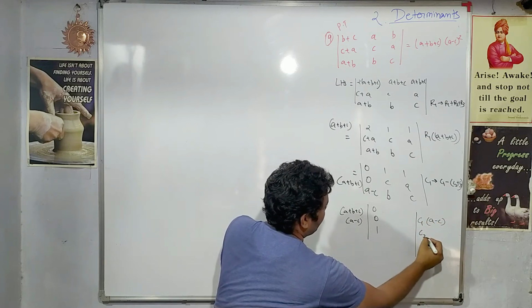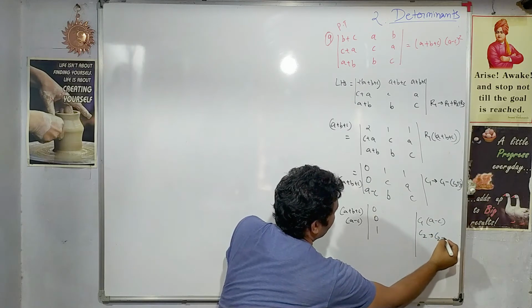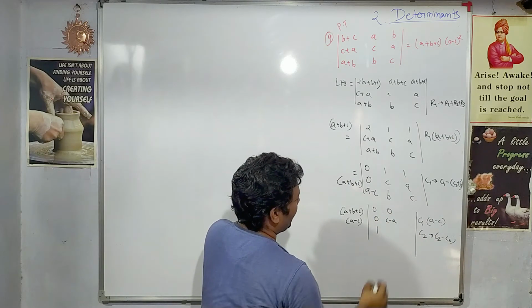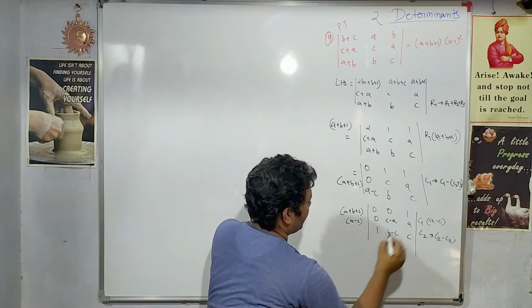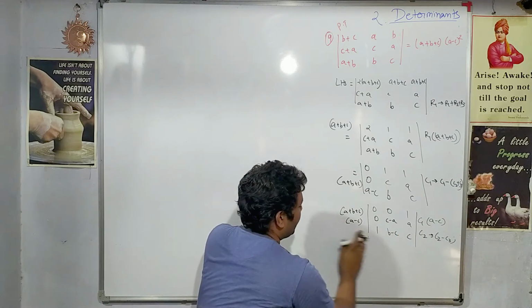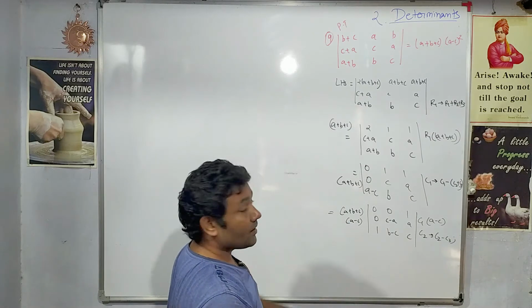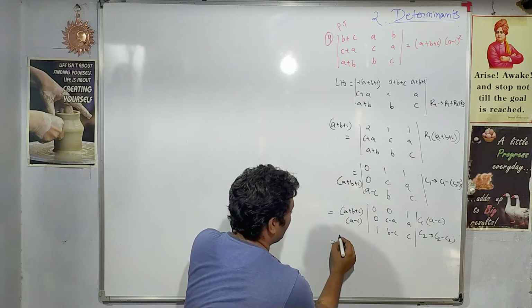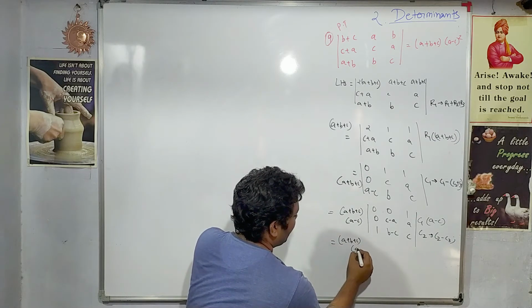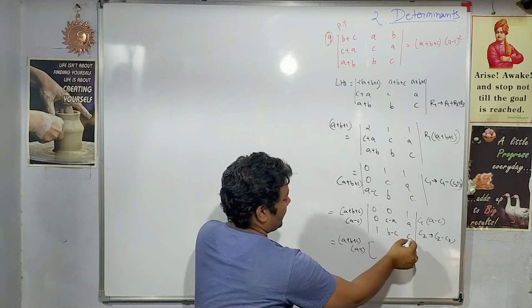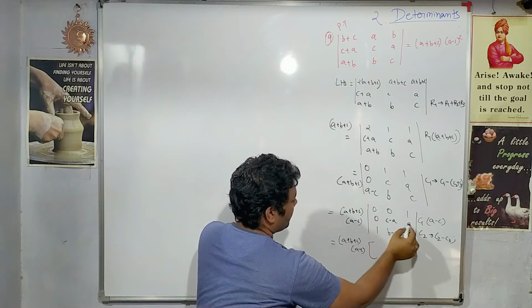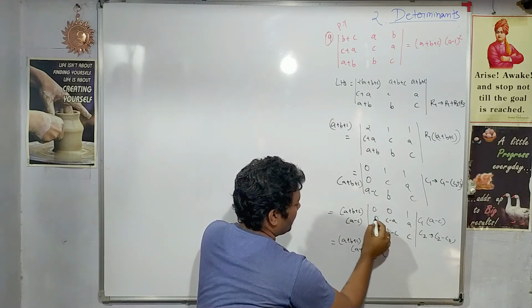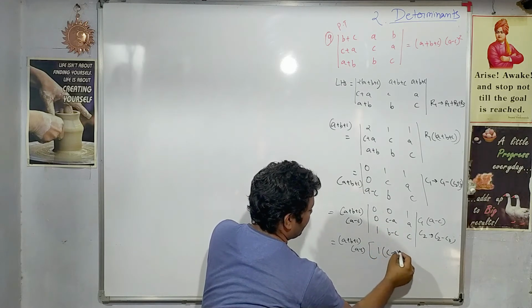and the second operation I will carry out on column 2, that will be c2 minus c3. It will give me 0 here. So somehow that 0 will be helpful. B minus c, 1, a and c. Now rather than becoming greedy to obtain more zeros, it is better to evaluate the determinant. It will do the rest of our work. So a plus b plus c, a minus c, and now if you open the brackets, left diagonal 0, this will also give me 0, 0. Let us evaluate along the first row.